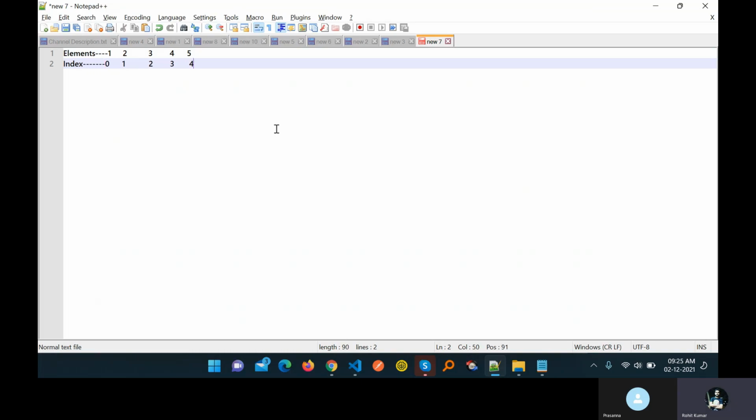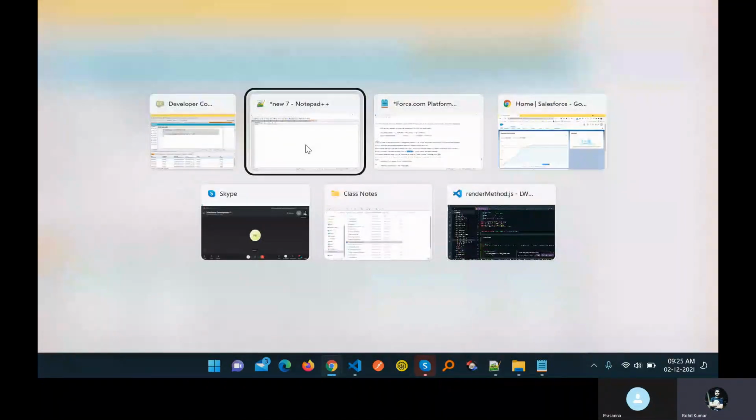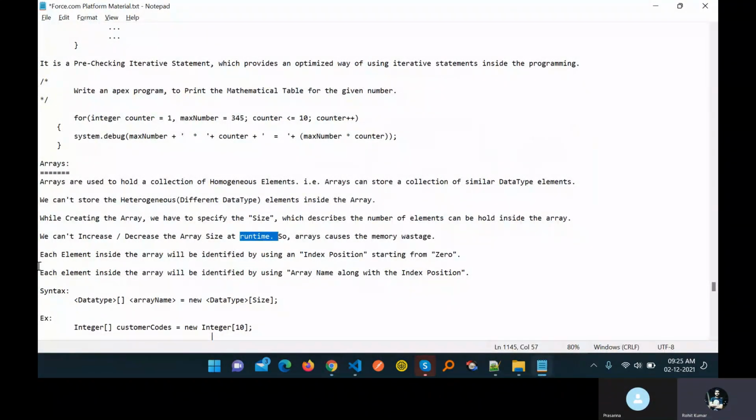So I want to take the element 3. Which index do I want to use? Index 2. Yeah. So an array always works in the form of index, and index always starts with 0, right? Please keep these things in mind because it is very important.